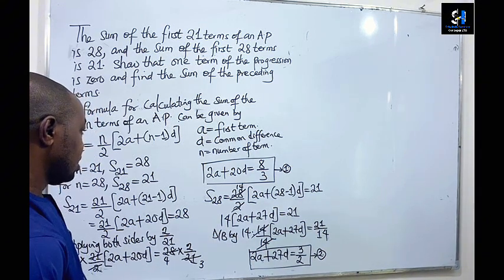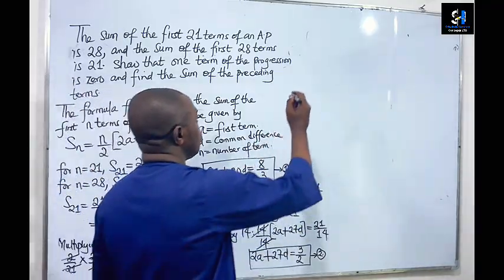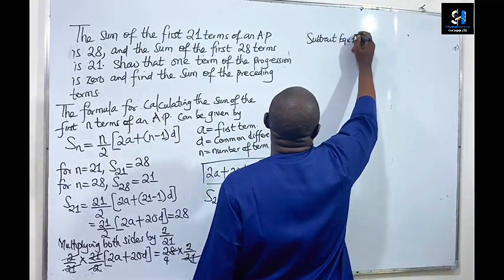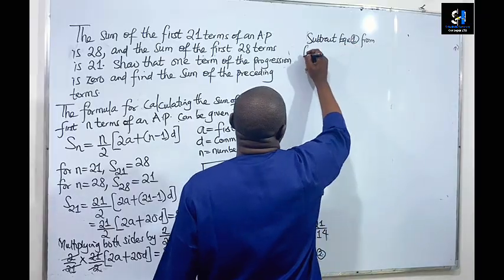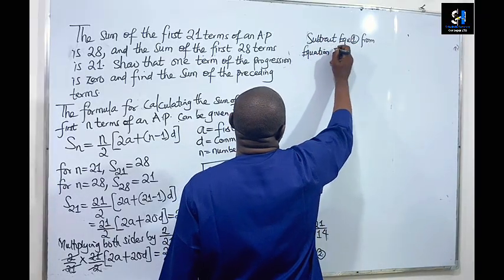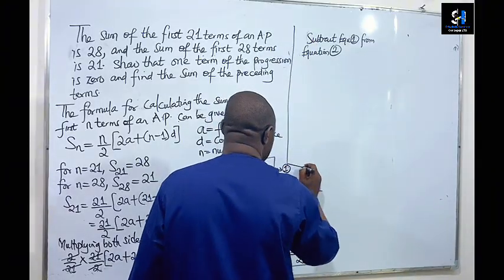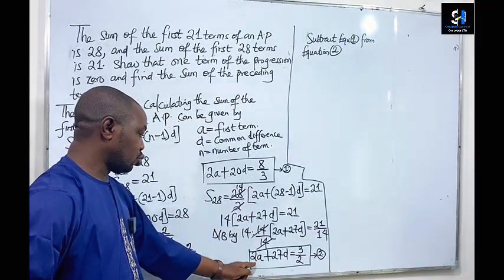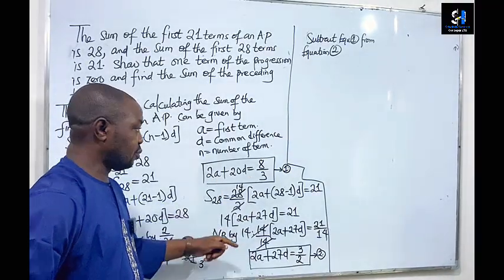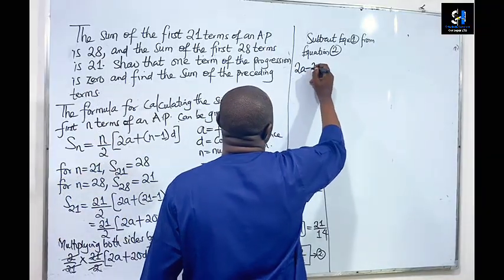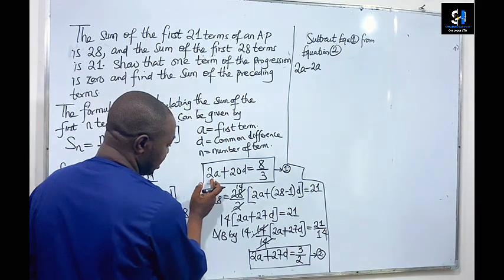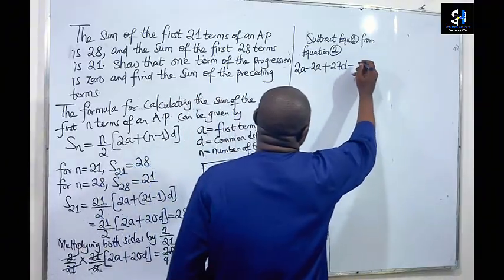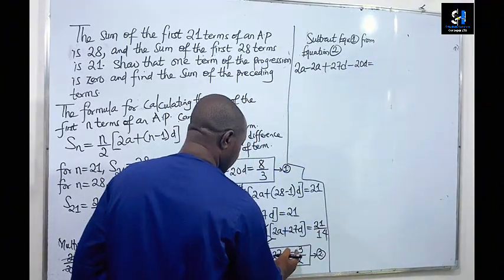So what to do next is to subtract equation 1 from equation 2. This is equation 1 and this is equation 2. So we take away equation 1 from equation 2, and that will be 2a minus 2a, this guy minus this guy, then plus 27d minus 20d equals 3 over 2